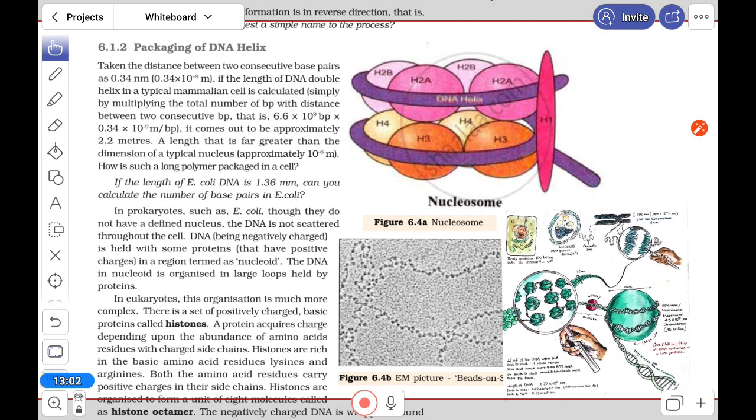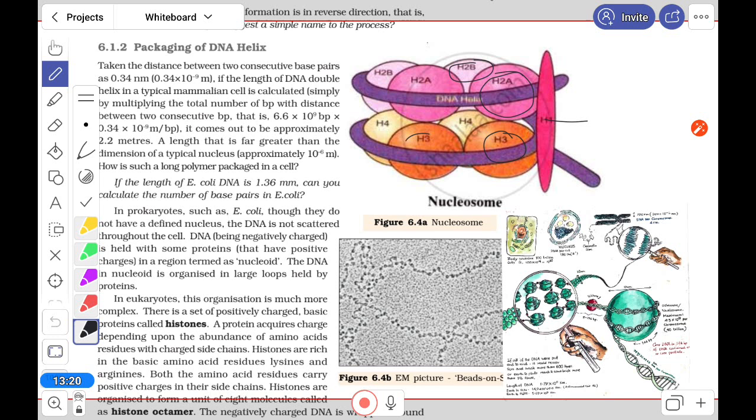All right. So we can see this part here. On the histone protein there are 5 types. You can see H1, which is found here on the outside, and H2A, H2B, H3, H4. Look at here, these are all 2 times, so it makes a total of 8, that is the octamer.